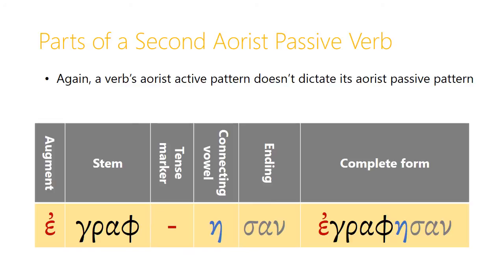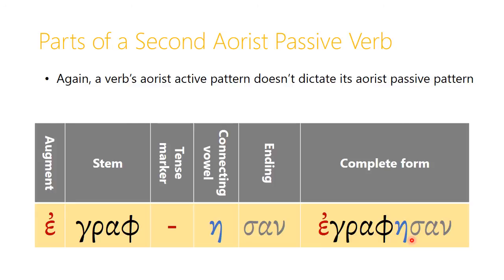Now, for a verb like grapho, which shows up fairly often and is one of our second aorist passive verbs, this can be a little bit tricky because you're going to get used to looking for that theta-eta combination as the signal that we're dealing with an aorist passive. Along comes a form like agraphason, and you don't see any theta. You don't see that theta in the middle between the stem and the ending. And so you might not have the idea of the aorist passive triggered in your mind by that theta. That's why it's important to remember that with some of these verbs, just the presence of eta as a connecting vowel